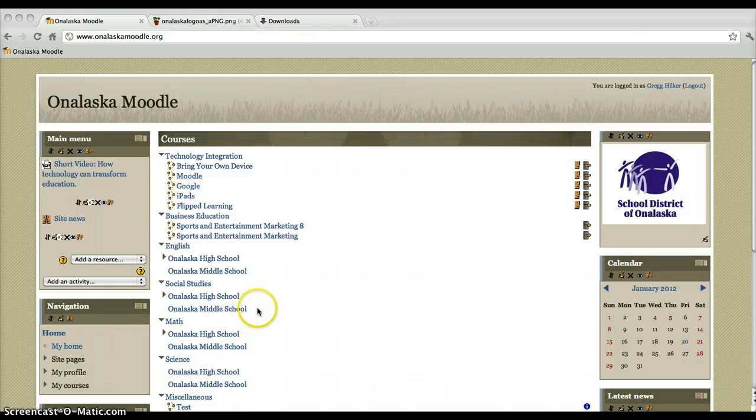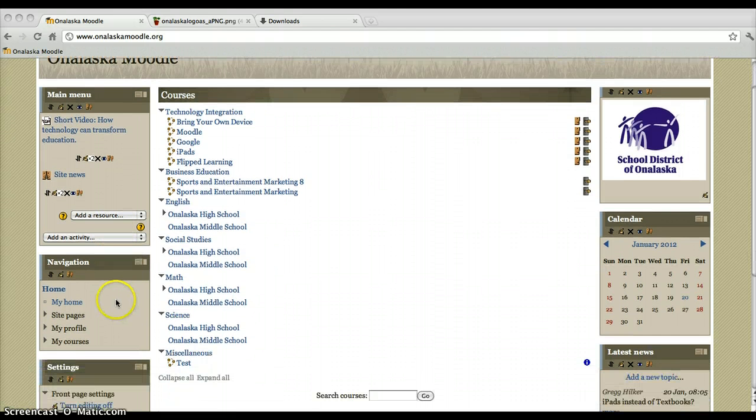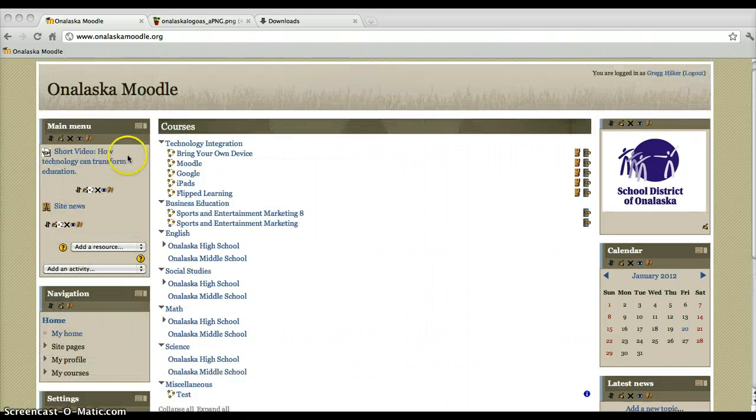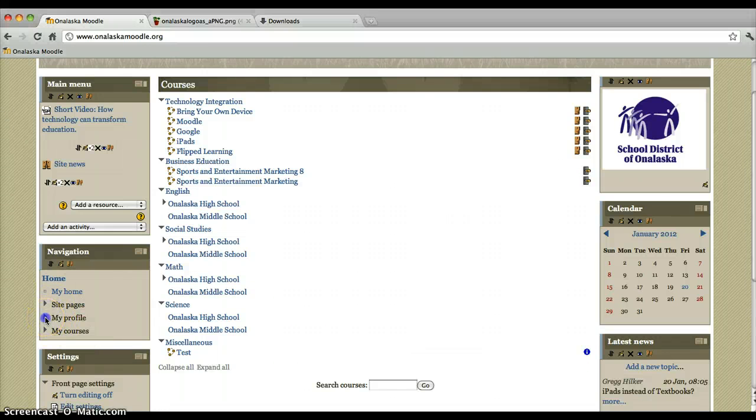Now that you have your account set up and you've gone in and looked around a little bit, I'm going to show you a little bit about how to change any of the information about yourself. Your students will be able to do this too. Once they are enrolled, they have these same options. So let me show you where that is. What you'll want to do is once you're logged in, go to My Profile